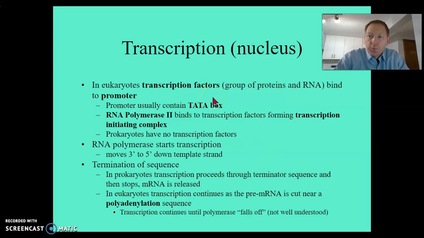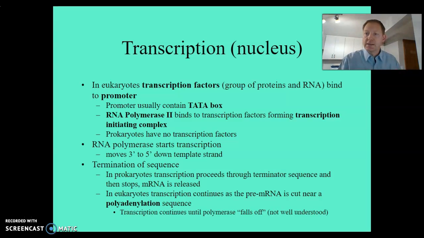So transcription, it takes place in the nucleus because that's where the DNA is, and we need the DNA to transcribe. It starts out with these things called transcription factors. It's complicated, but you basically bind these transcription factors to an area called the promoter region, which is right in front of the gene, right at the beginning of the gene. The promoter usually contains these things called a TATA box. That sounds really weird and silly, and it is, but the reason they call it that is it's a whole series of T's and A's, and the reason that is significant is when you have a series of the